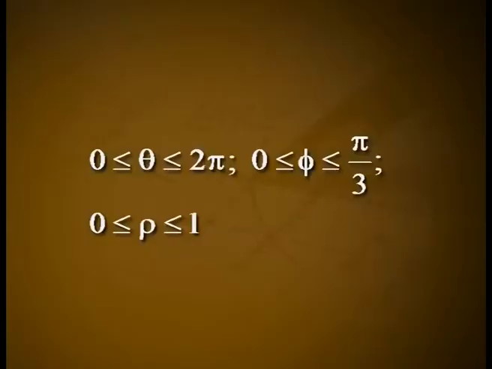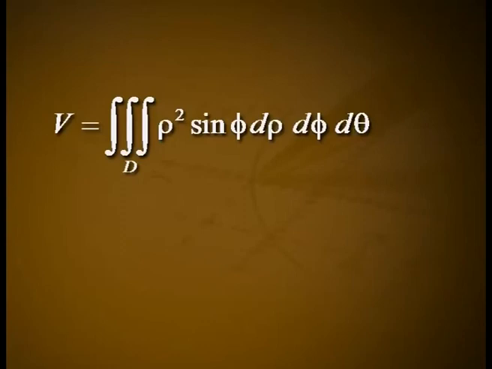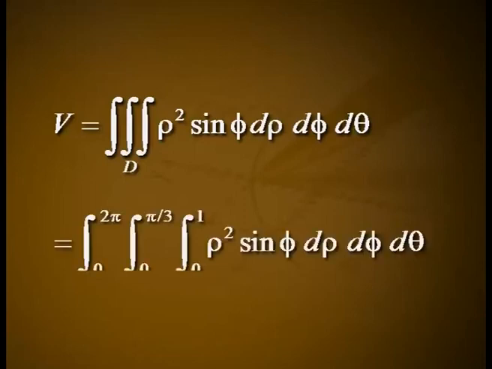Hence, the region of integration is 0 less than or equal to theta less than or equal to 2 pi, 0 less than or equal to phi less than or equal to pi by 3, 0 less than or equal to rho less than or equal to 1, and the volume is V equal to triple integral over D of rho squared sin phi d rho d phi d theta, which is equal to integral 0 to 2 pi, integral 0 to pi by 3, integral 0 to 1 of rho squared sin phi d rho d phi d theta,